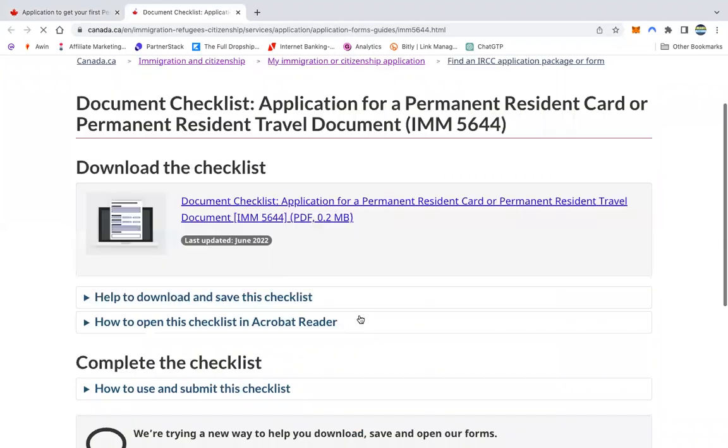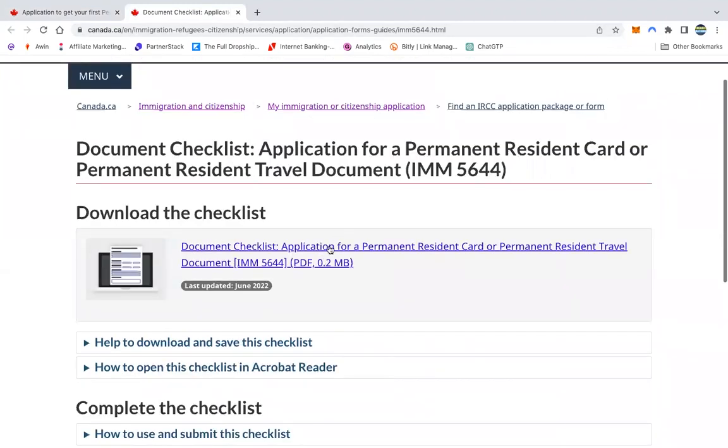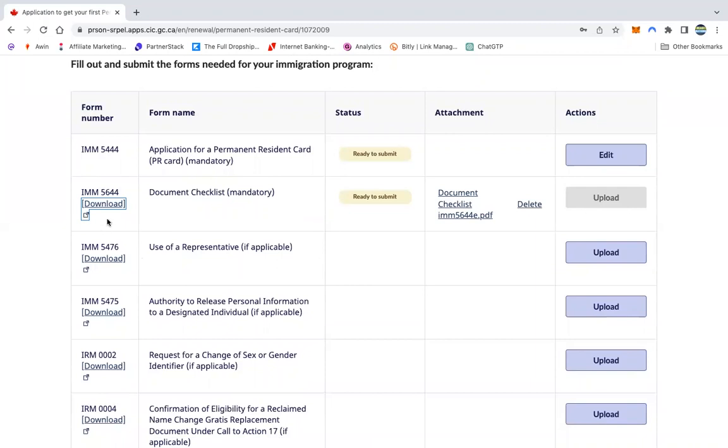So as you can see, it's right here. All you have to do is click on it, and then you can download that document, right? So if you are using a representative, then you should click on this as well. And if you don't know how to fill a representative form, if you're using someone, I'll also leave the link in the description area of this video on how to fill out a form for the use of a representative,